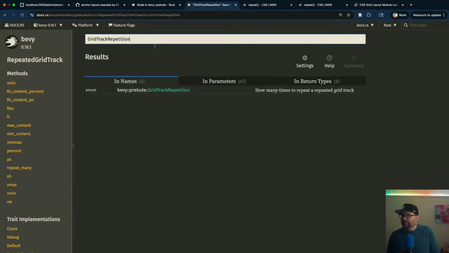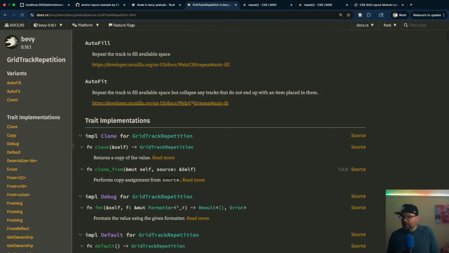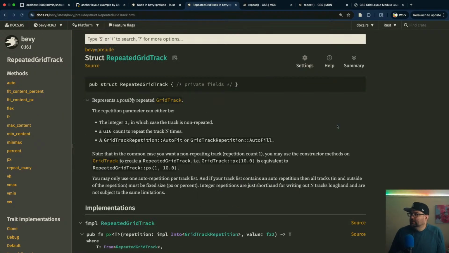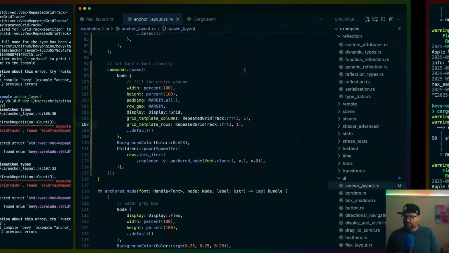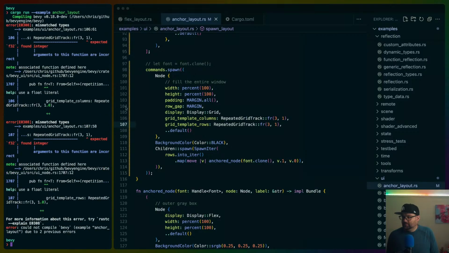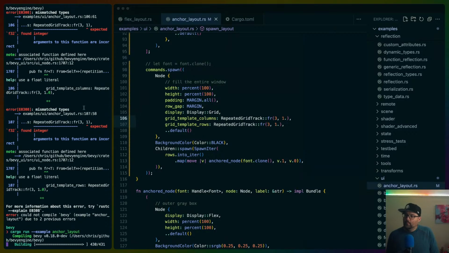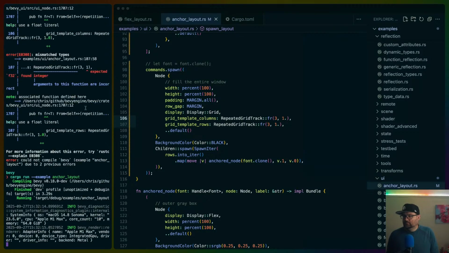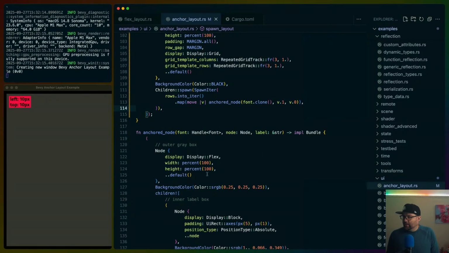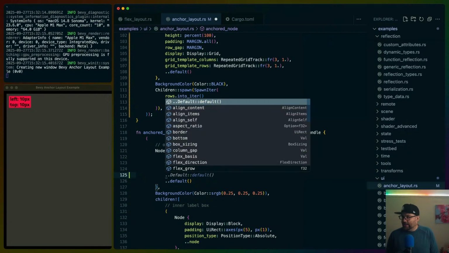I feel like this doesn't have any other use, right? Yeah, it's only used there, so in any case. These are floats. And then our item here